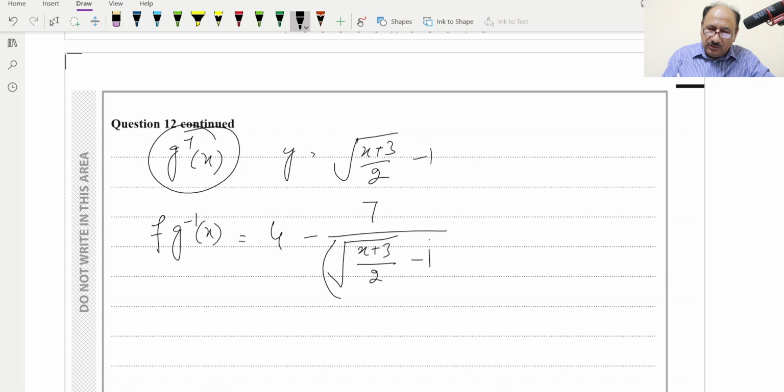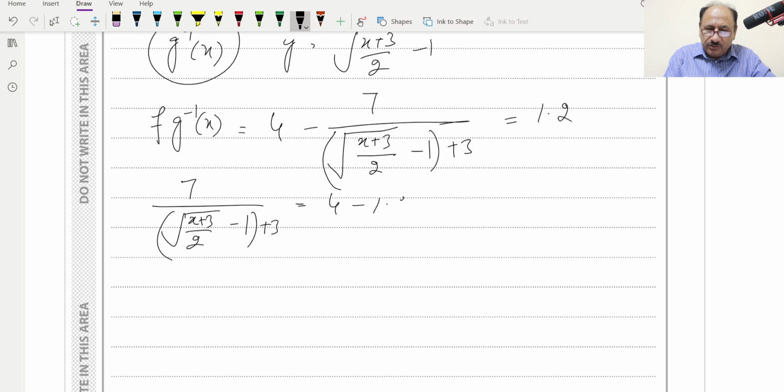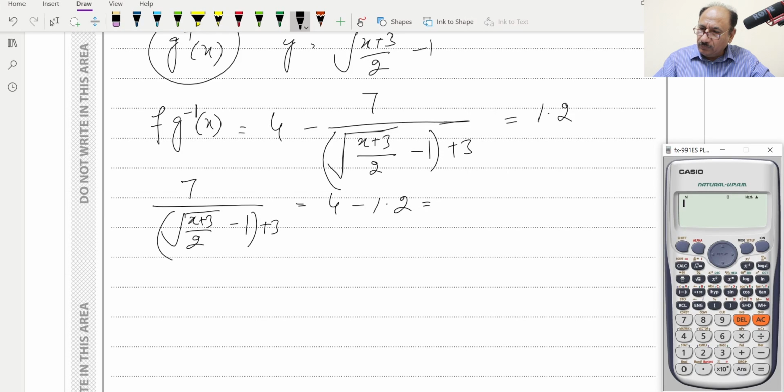This will be the x value, and plus 3, and we know this is equal to 1.2. So now we can solve this. This will be 7 over the square root of (x plus 3) over 2 minus 1, and plus 3 is equal to 4 minus 1.2,